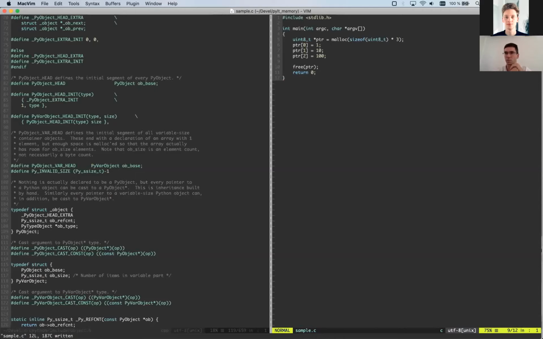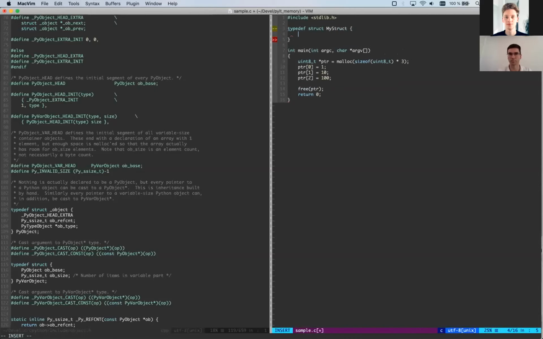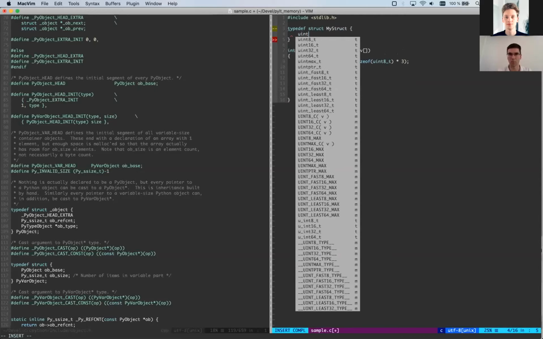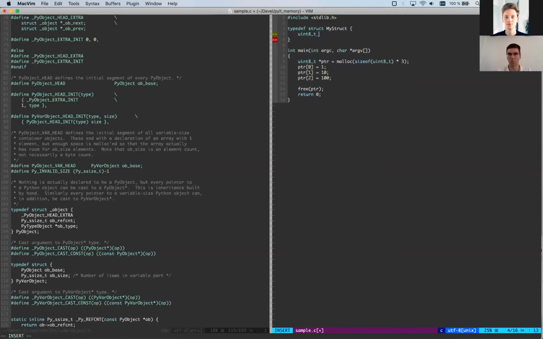which is just packed memory objects. So let's say I have some struct, my struct, in full.